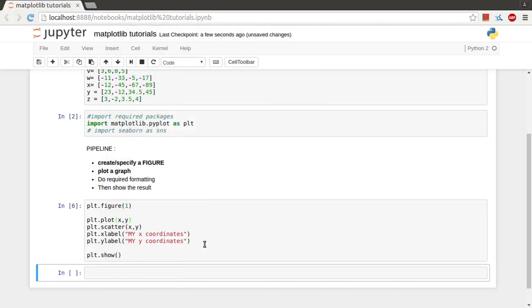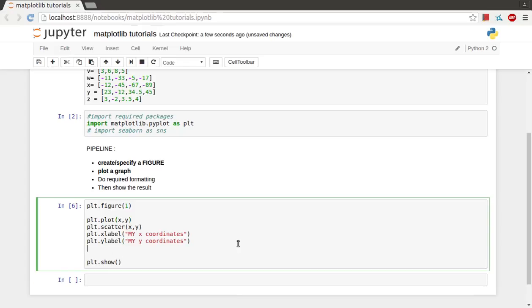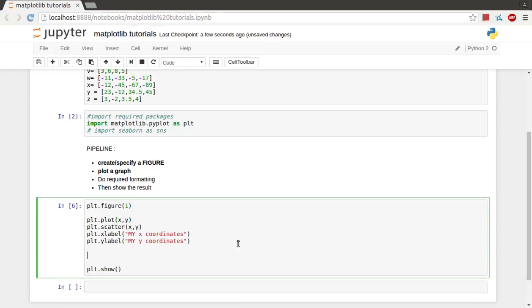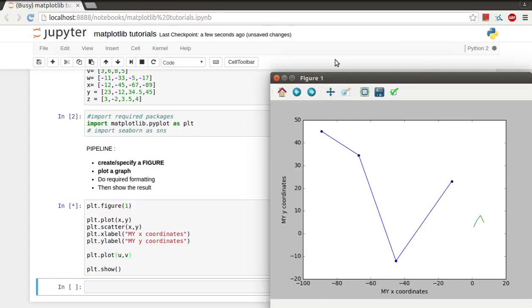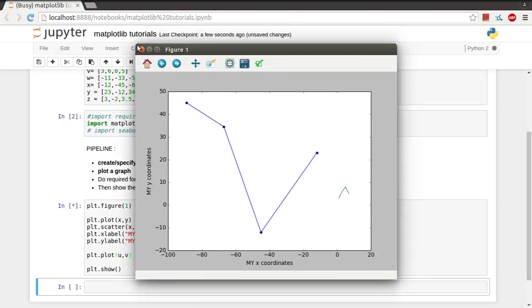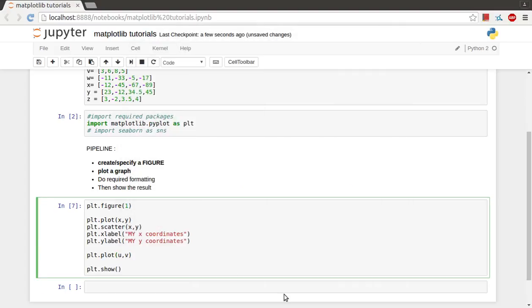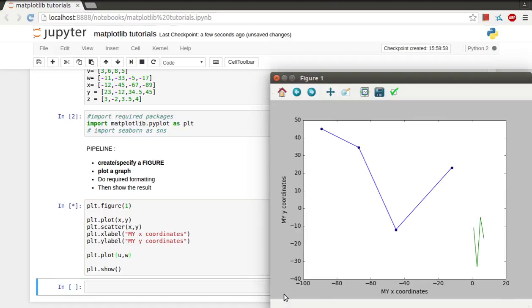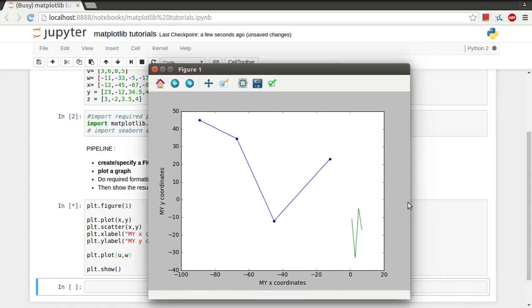Now let's say you want to plot another line graph on it. Then we'll just do plt.plot, and let's say we want to plot u versus v this time. Then we'll again show this. Okay, as you have seen, the values are too small, so let me just get a different value: u versus w. As you see, the color has already changed on its own